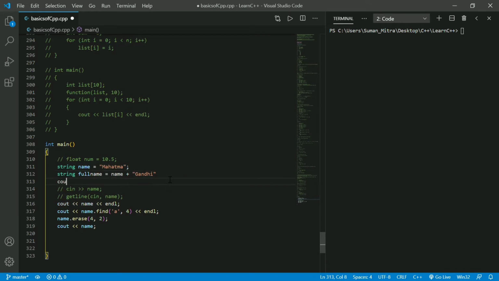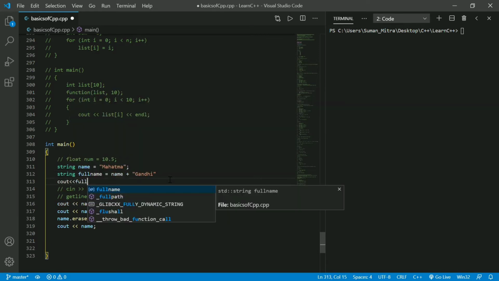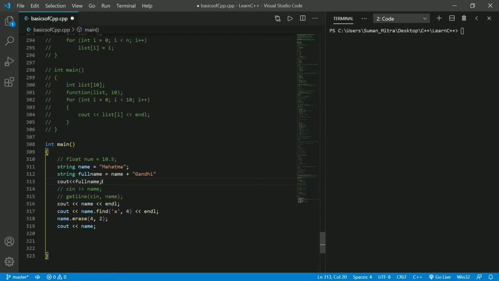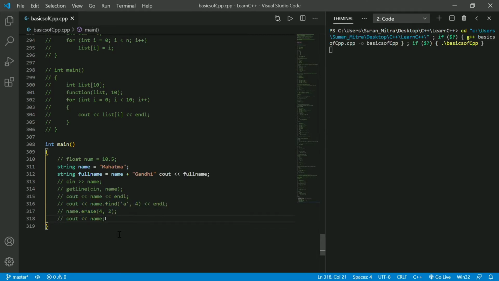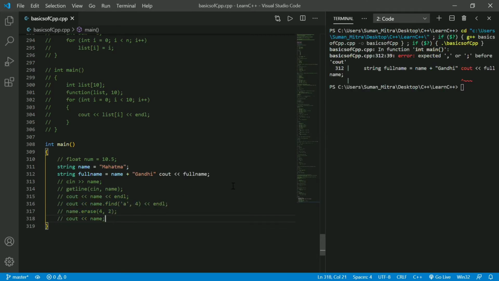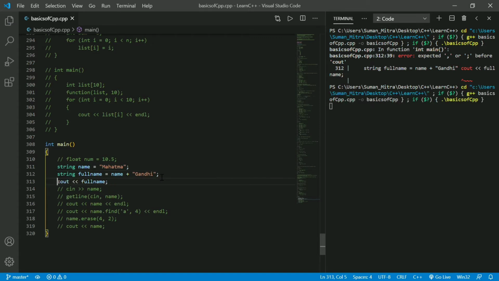And now if you print this out, it will error. So run this, and you can see it written Mahatma Gandhi.